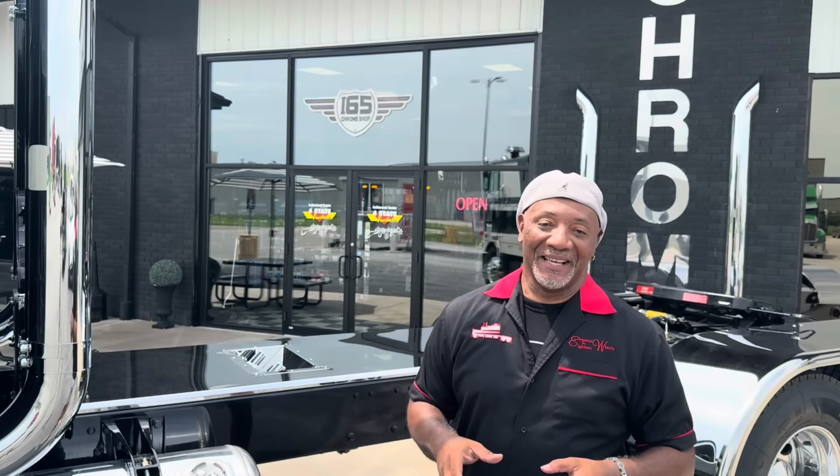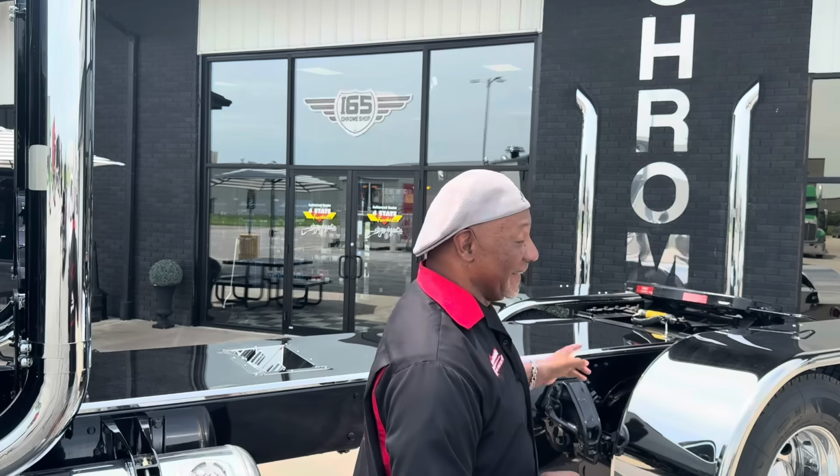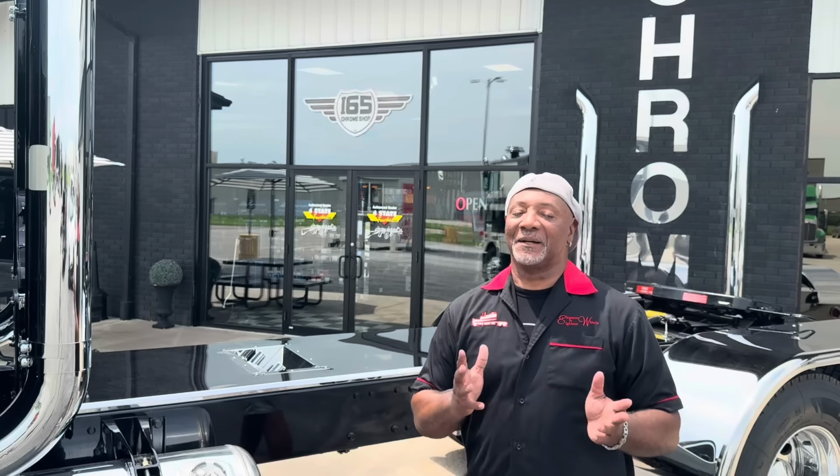Guys, I got something really cool to show you today. I'm down here in Remington, Indiana, at one of my favorite locations, I-65 Chrome Shop. And man, do they have something right here that they've been working on for some time that's actually going to a museum. I couldn't wait to get down after getting a call that this baby was going to be done. So I'm going to get out of the way and let me show you a little piece of history